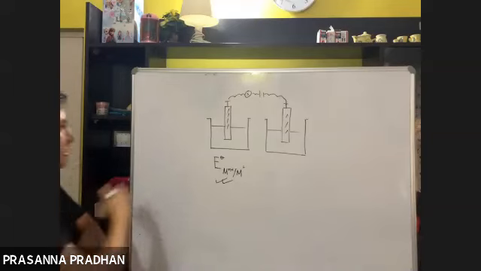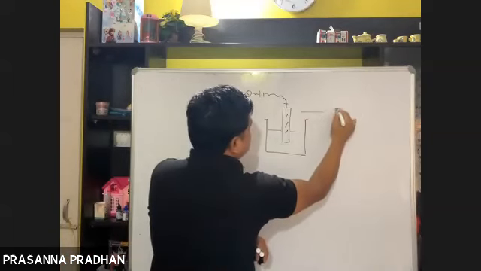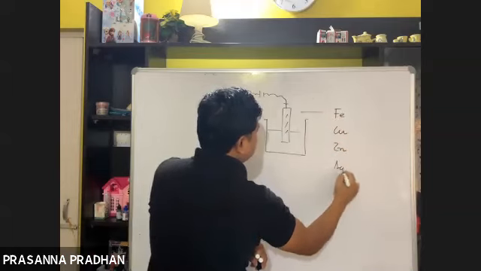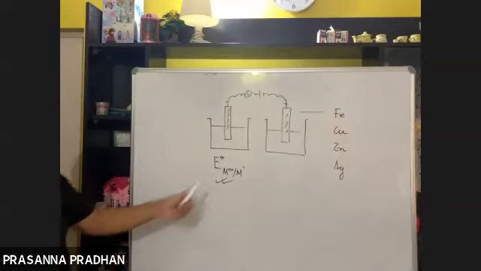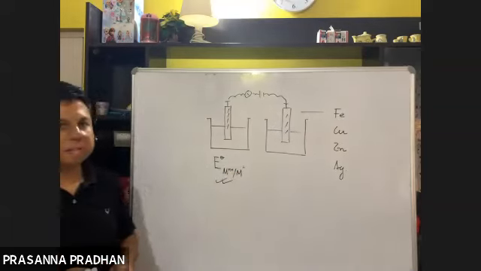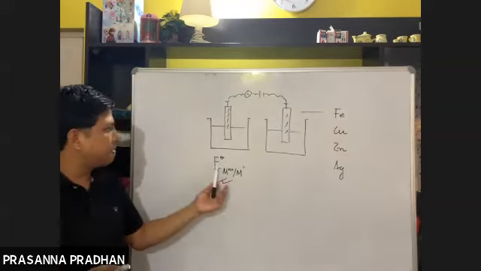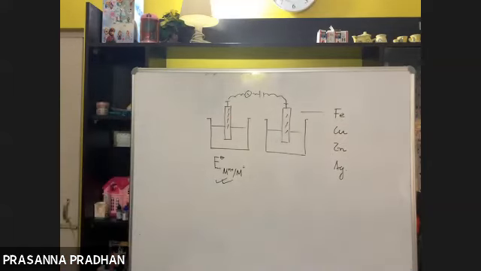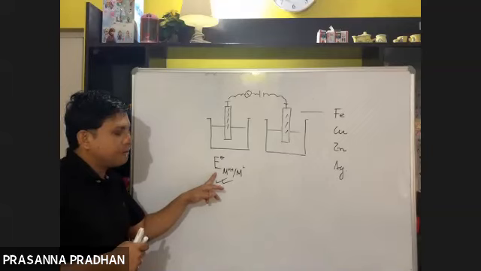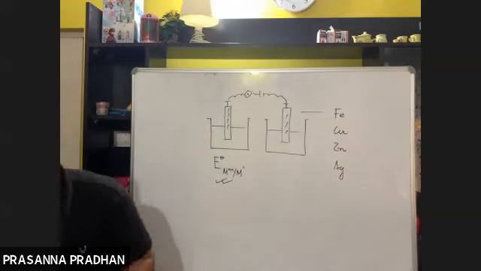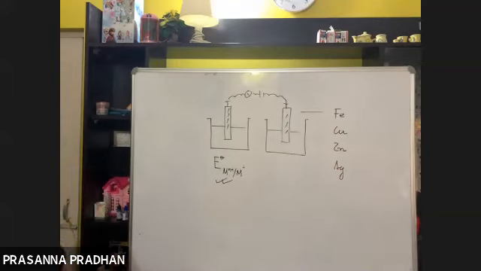That's the issue. Here, if I take the electrode as iron, or copper, or zinc, or silver, say I'm coupling this with an iron electrode, or with a copper electrode, or with a zinc electrode, or with a silver electrode. Now you tell me, if I couple this particular electrode with different electrodes, will I get the same value of reduction potential of this electrode, or will the values depend upon the nature of the other electrode? What do you think?